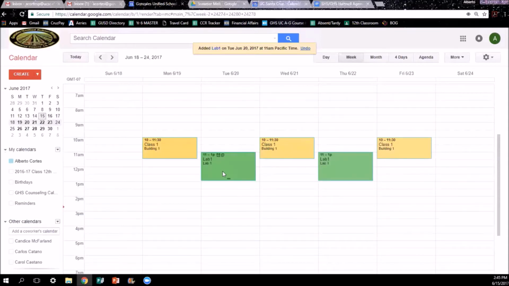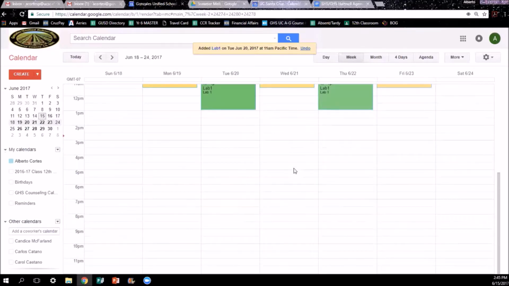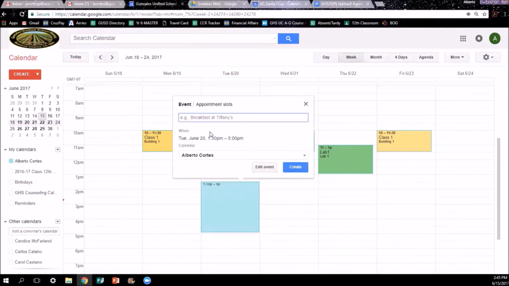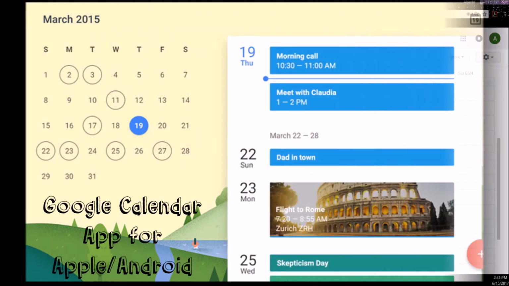So it's a really good tool for you to have while you're a college student. It shows you what time you have free, so it's easier to schedule time for work or for food or for studying and homework. Another neat feature is that you could see other people's calendars as well as printing them out so you could have a physical copy. So it's a really neat tool to have while you're a college student because it's specifically geared to your calendar. You could set it so that you get notifications, and it's a good reminder tool.